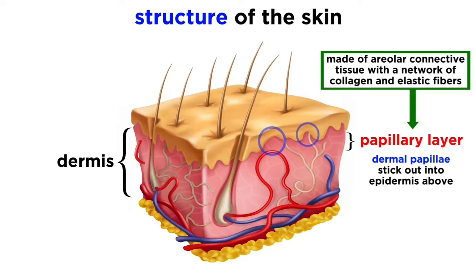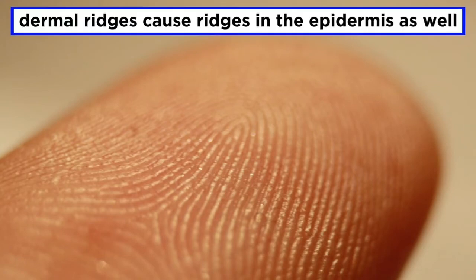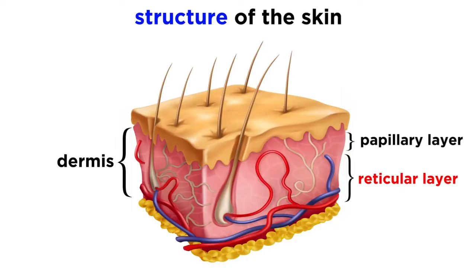These contain lots of tactile cells, as described previously. In areas where there is lots of friction, like the hands, these papillae sit on mounds called dermal ridges, which cause ridges in the epidermis as well, which are meant to enhance the gripping ability of the fingers, and they are visible as the lines on our fingertips that make our unique fingerprints. Below this papillary layer sits the reticular layer, which is most of the dermis, and it is made